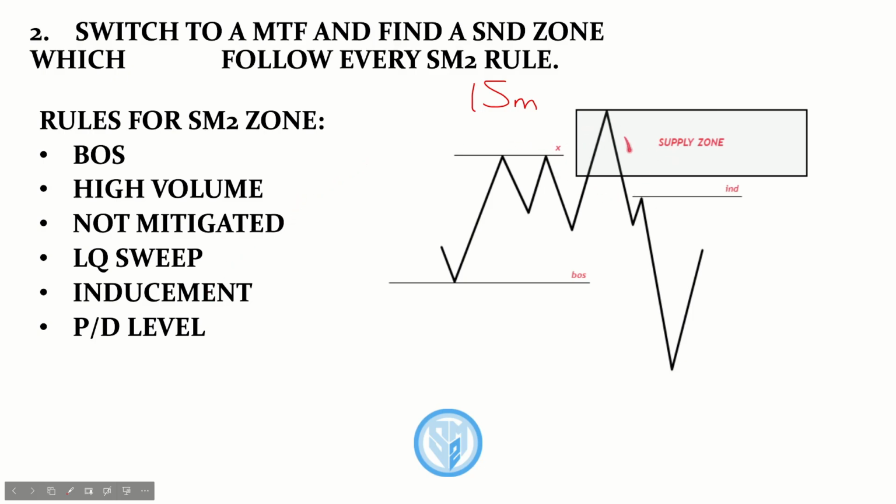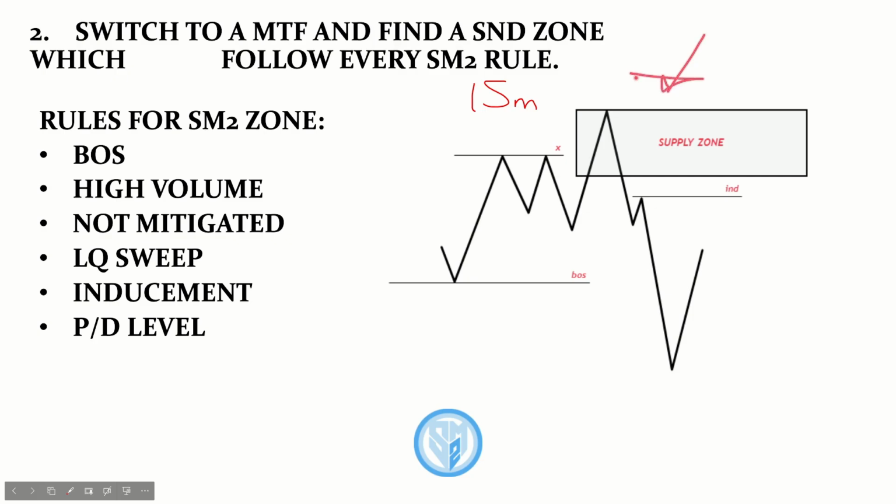Now, we want our zone in this example to be as premium in this range as possible. And as you guys can see here, we are far into the premium level of this zone. And anything below the 50%, so anything over here, if we had any supply zones over here, they would not be valid, right? So now that we've gone through all 6 of the rules and we can see that this zone follows them perfectly,